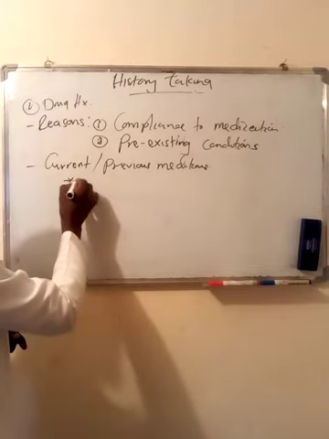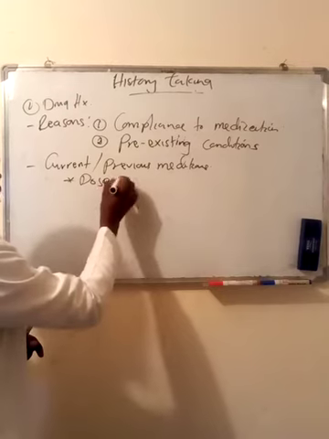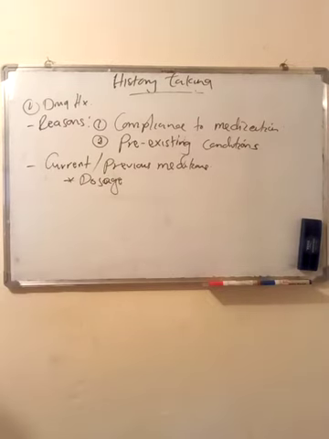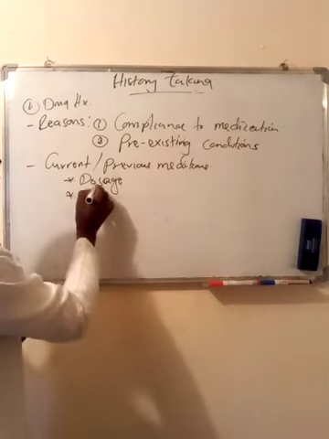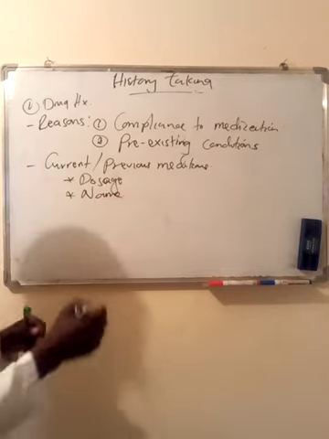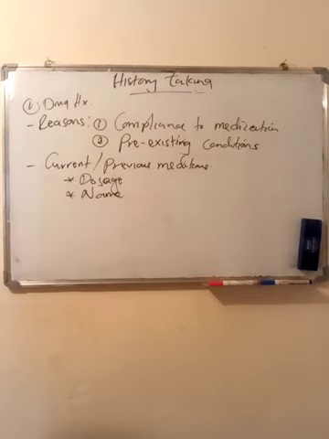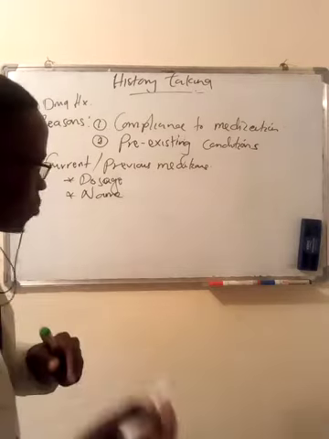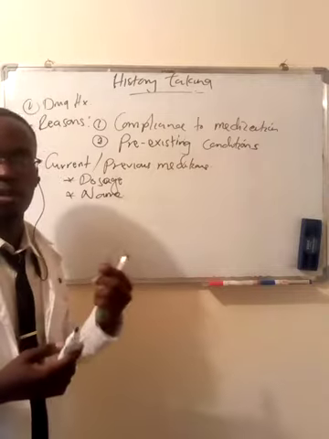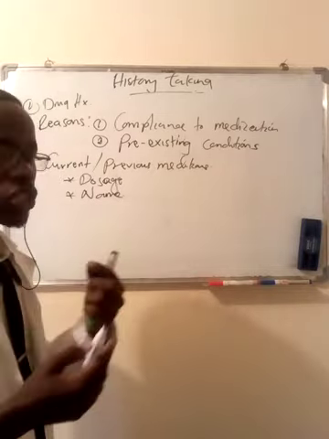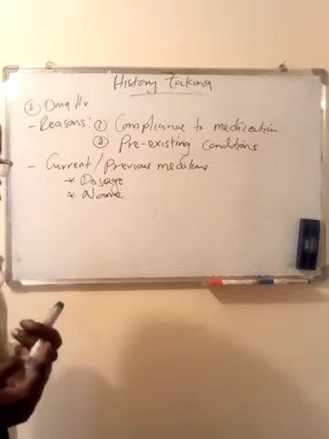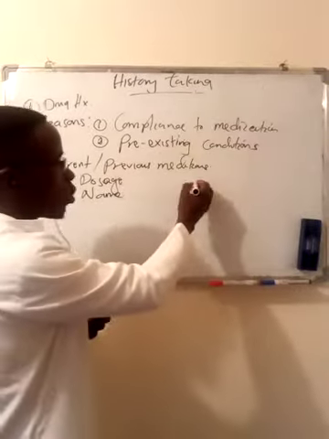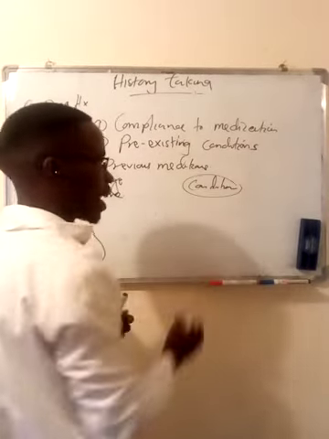So you need to know the dosage of the drugs. So you know the name of the drug, the dose, and obviously even the compliance and so on. Then other than that, sometimes the patient may not be able to tell the exact name of the drug. Such things happen, especially as the names of drugs are a bit complicated to remember. So patients may not always be able to remember the name of the drug, but at least they can tell you the condition for which they were given that drug, or